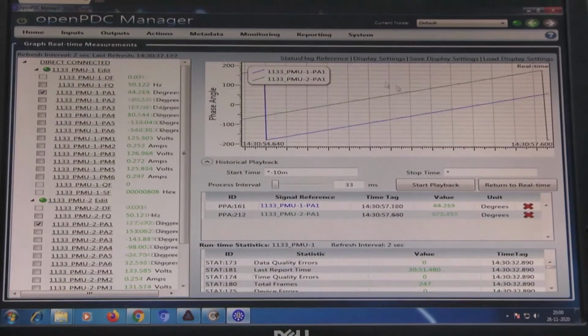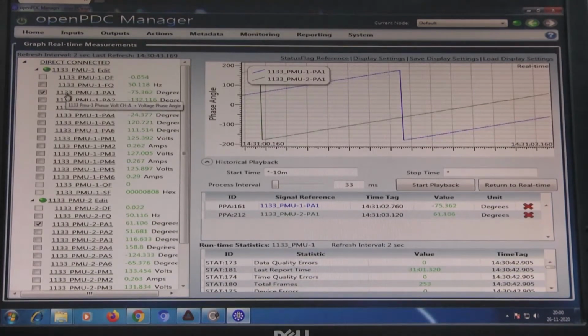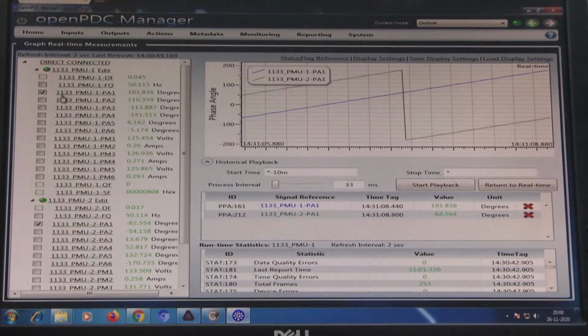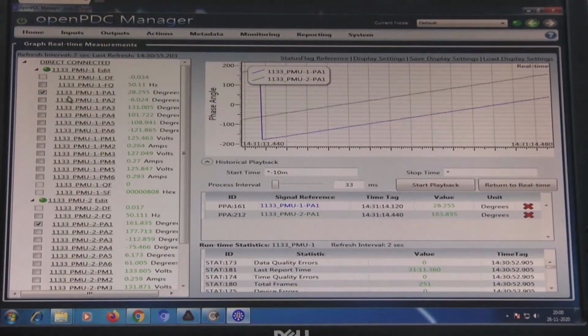Now, we will see how the angle between these two side buses is monitored by this OpenPDC software. We will see the delta angle between these two buses, which is the beauty of the capability of PMU data in real time monitoring between two buses in a power system. So, we have here the OpenPDC software through which we are looking at this data, and you can have numerous options for the voltages and currents of the two buses and the corresponding lines. So, we have selected two phase A voltage data, the angle for the